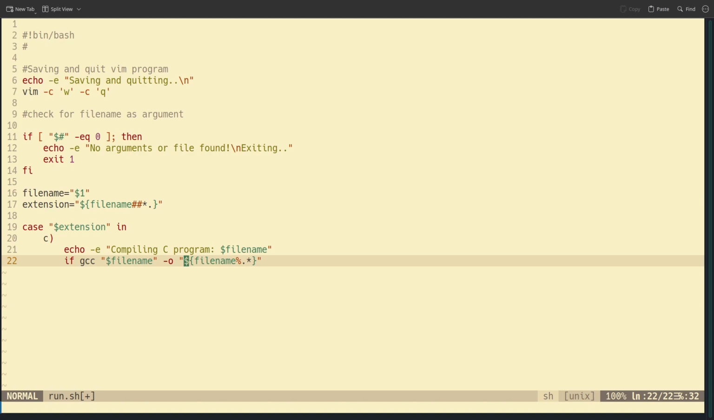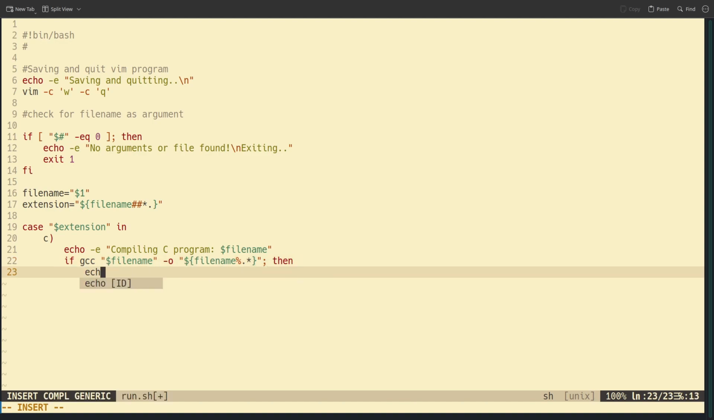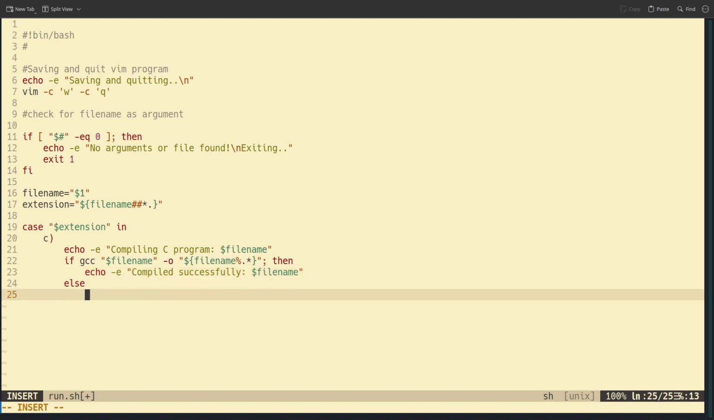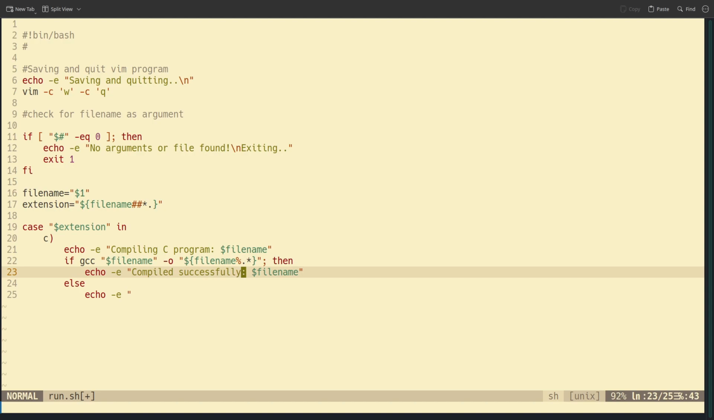Let me get to the end of the line, and then we echo with this extension compilation successful. Shouldn't I compile? Compile successfully, and we can paste our other file name. If compilation failed, we can write compile. Okay, let me add a little bit of compilation successful, and I can add with a new line